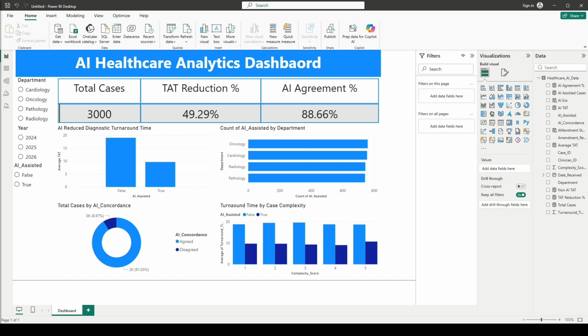And the AI concordance analysis is the next visualization here that focuses on the AI agreement. So this measures how often clinicians agree with the AI recommendations. The results show that 91% agreed versus 9% disagreement. This suggests that AI recommendations were aligned with clinicians' decisions in the majority of the cases. The disagreement cases represent an opportunity for additional review, such as evaluating whether it's because of complex cases or improving the AI